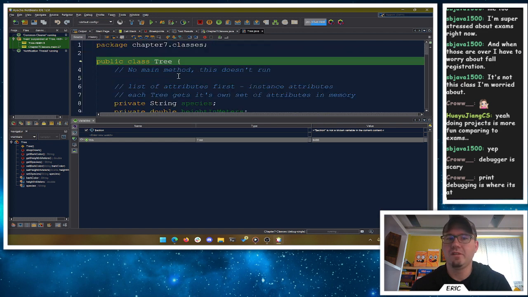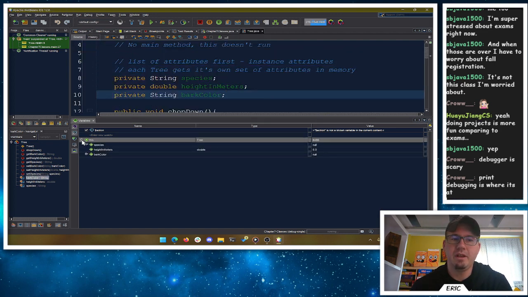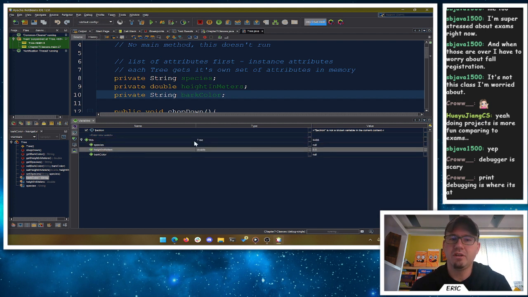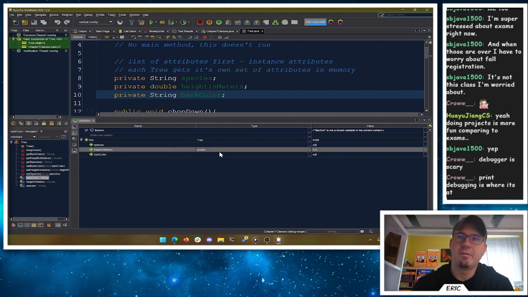This height in meters is the class level attribute here, the green one here. And if we open that up now, I see species is null, height in meters is 0, and bark color is 0. So what happens is anything that is a primitive type, remember our doubles, our chars, our floats, our ints, those sorts of things, booleans, they're all going to default essentially to 0. Now,